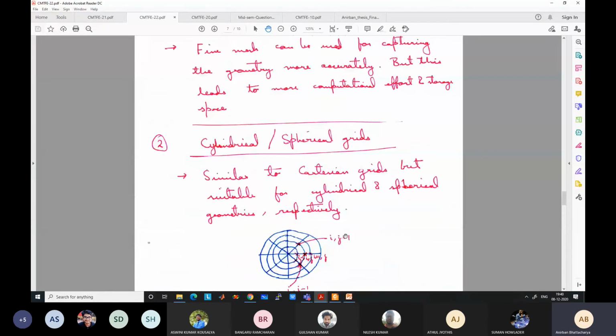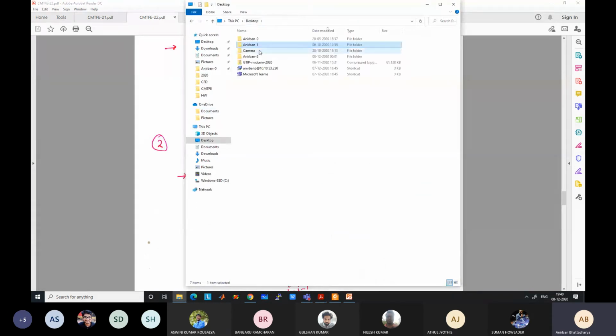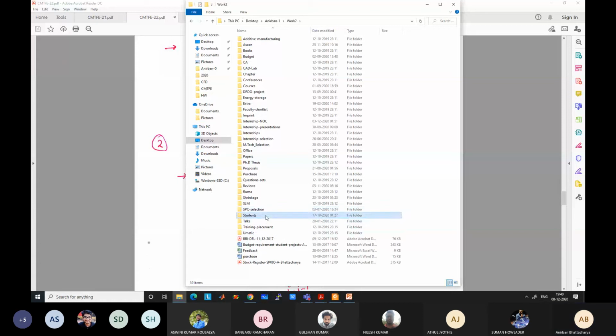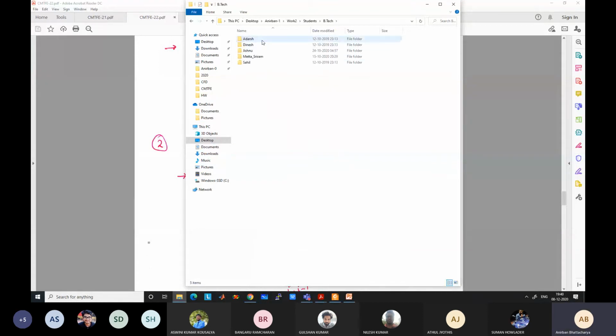In these cases, I have seen students make a lot of mistakes when they try to solve flow in a cylinder. Sometimes they take unstructured grid because it is just easy to generate the mesh using unstructured grid, but that leads to a lot of problems: convergence chances will decrease if you take unstructured grid in those cases. For example, say if I have some